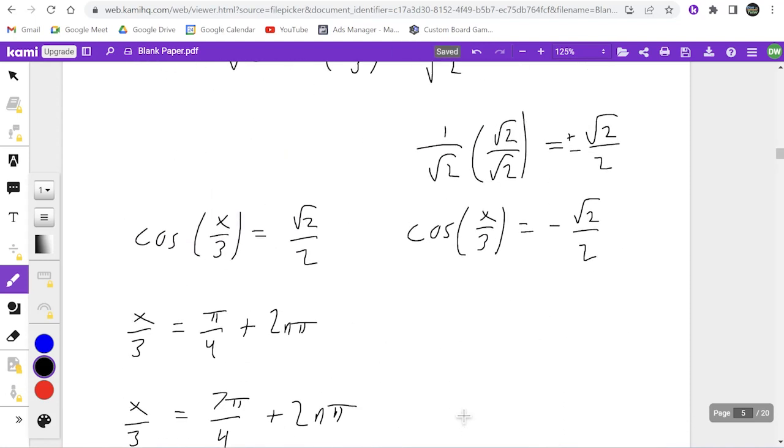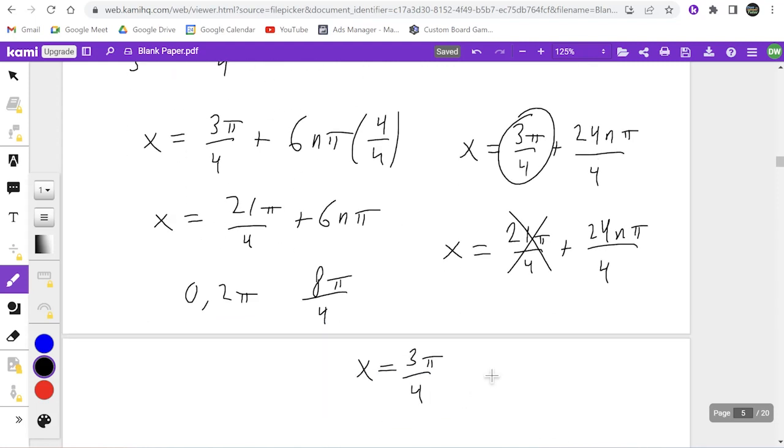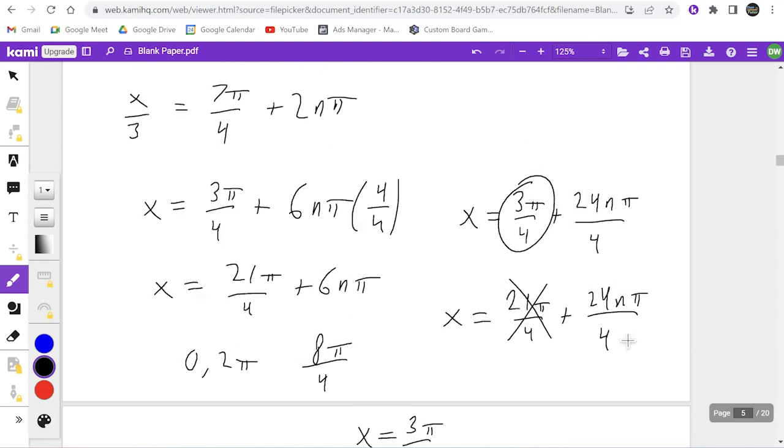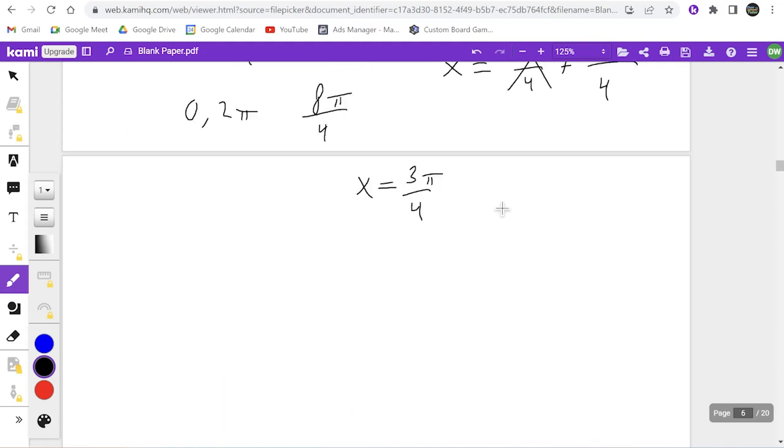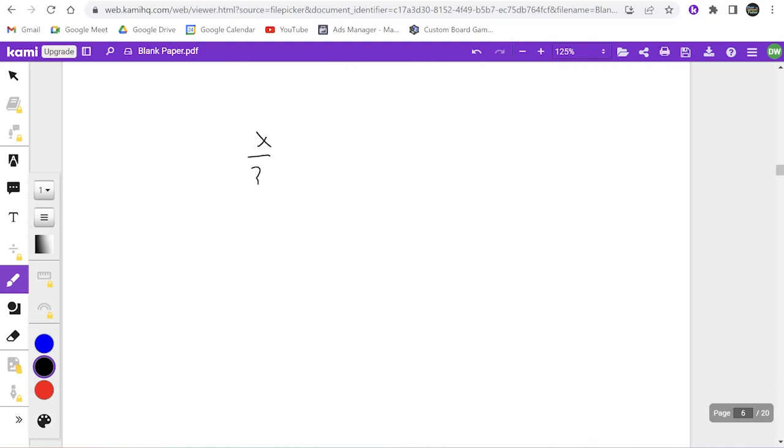I haven't done the negative side yet. First I'll just make sure you wrote this down. I mean, if you didn't have time to write it down, you could always watch the recording, I suppose. So, anyways, back here. Now if I want to solve for x over 3 equals negative root 2 over 2, I have to ask myself, what quadrants am I dealing with here? Well, it's definitely going to be quadrants 2 and quadrants 3. And it's the pi over 4 family, which means x over 3 is equal to